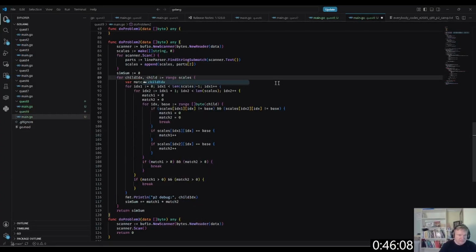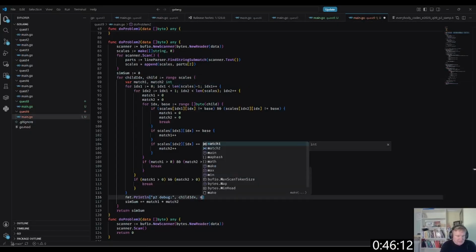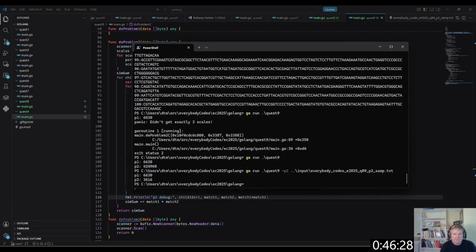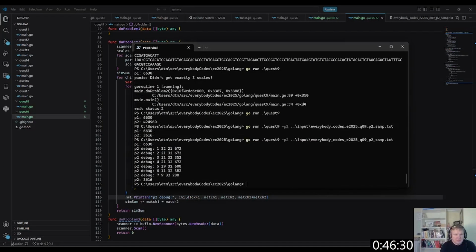Child idx, match 1, match 2, match 1 times match 2. And actually I'm going to do child idx plus 1 just because. Okay, and now